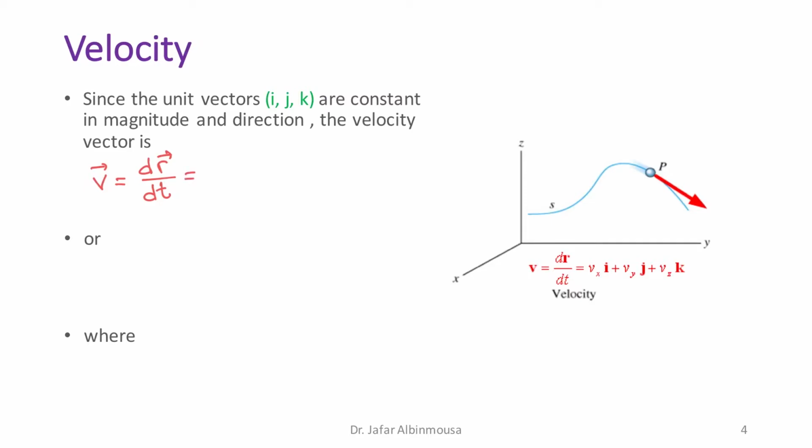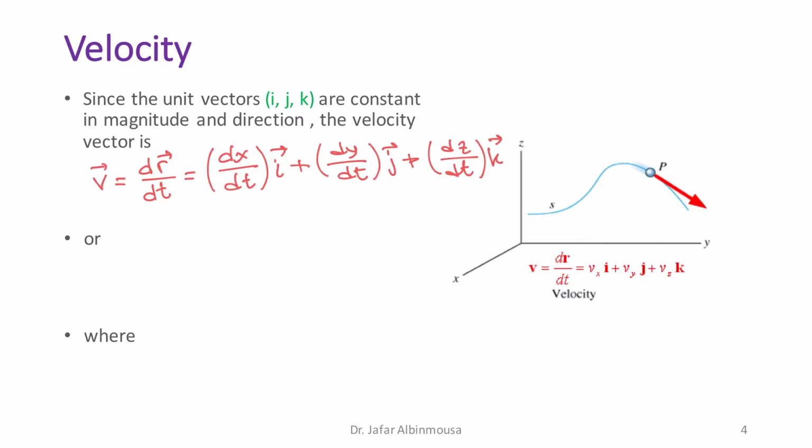And in that case, what are we going to get? We are going to get dx over dt multiplied by i, plus dy over dt by j, plus dz over dt